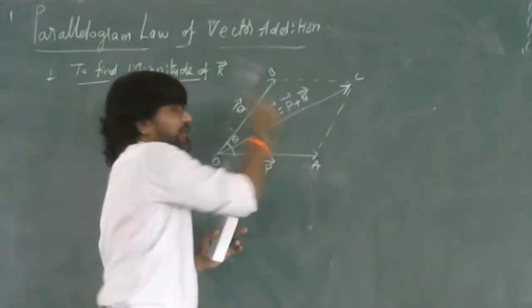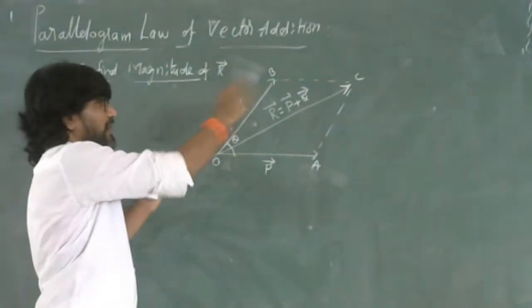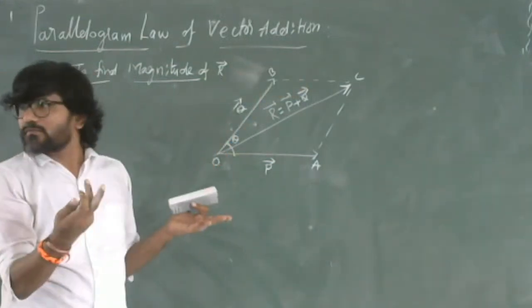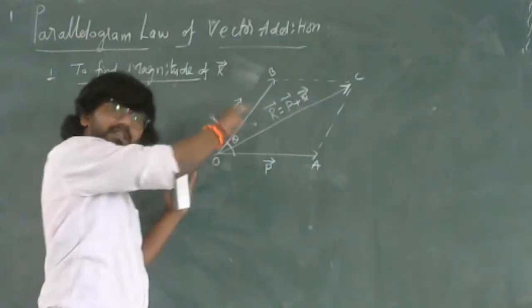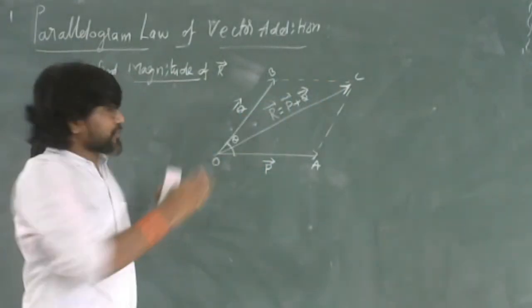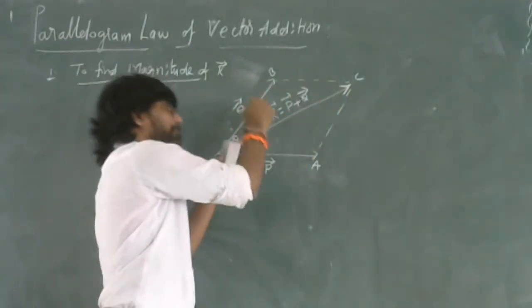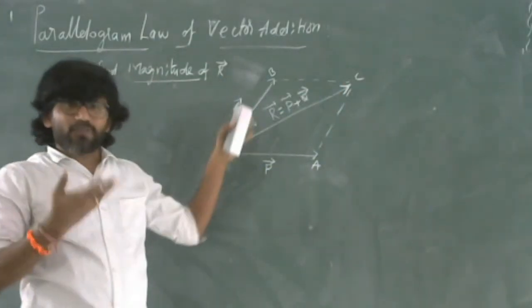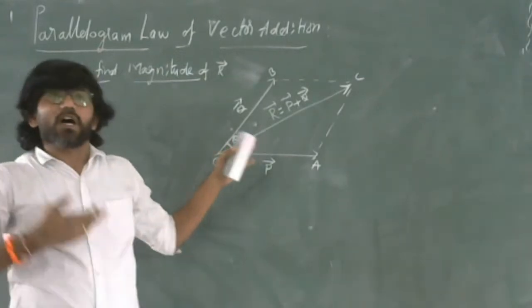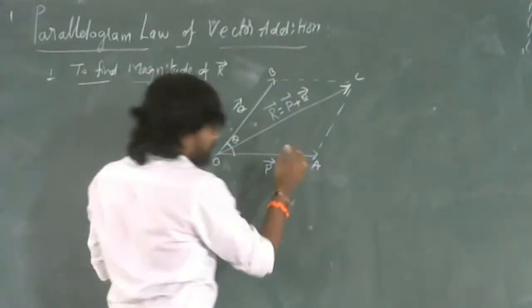How to find the magnitude of this? You know, the length of this diagonal gives the magnitude. The diagonal is represented by the resultant vector, or the resultant vector represents the diagonal. So the length of this side gives you the magnitude of this vector. To find this diagonal, that gives you the magnitude of the given vector. How to find? Let's try to understand. For finding this,